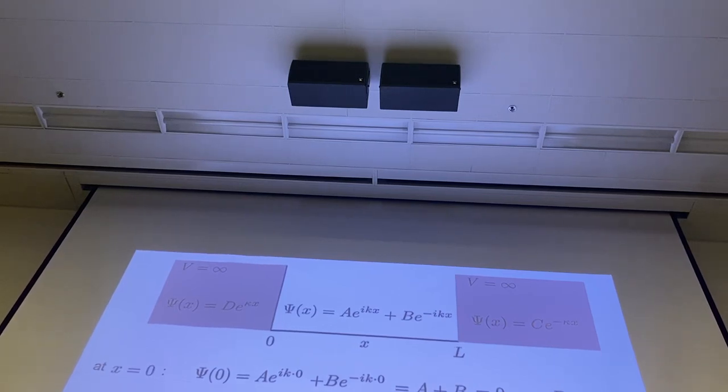Remember the definition of the sine function in terms of complex exponent is like this. So I'm going to use this definition of the sine function and rewrite the wave function in terms of a sine. So what I'm getting is 2i times sine KL. The 2i, of course, comes from this. There's 2i here. 2i is not there, so therefore